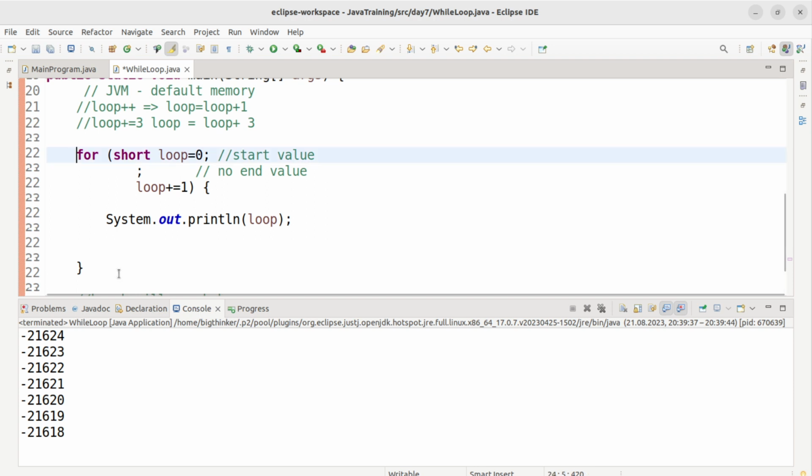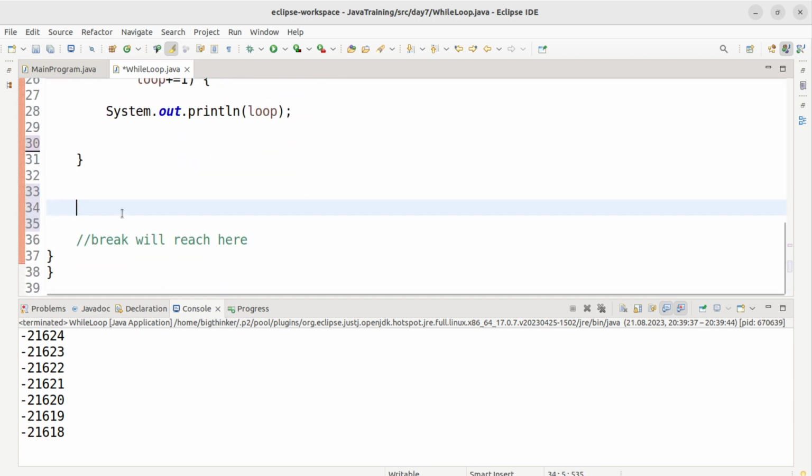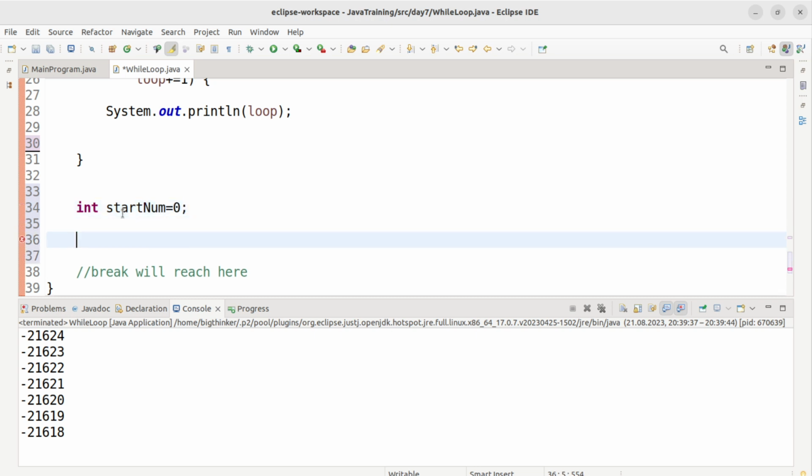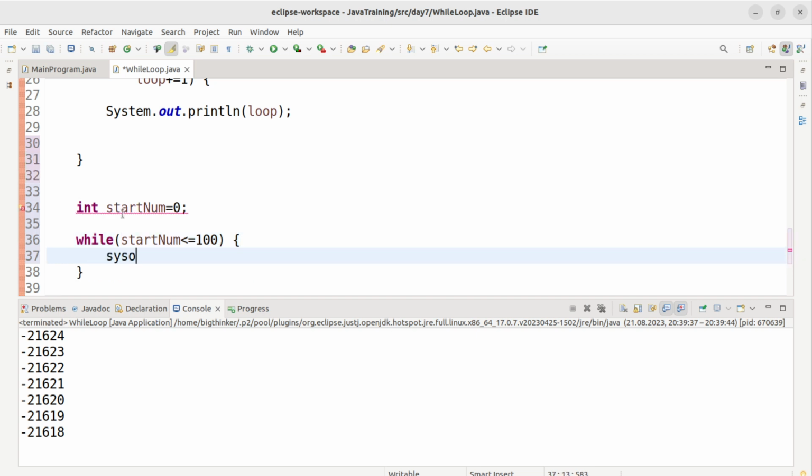So this for loop, we will rewrite using while. Okay, we have an integer, 1 to 100 we wanted to print, right? So integer startNum equal to 0. While startNum is less than or equal to 100, sysout startNum